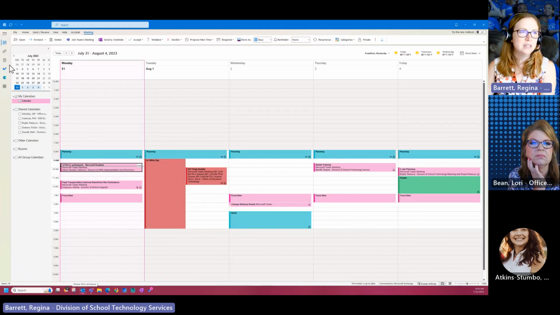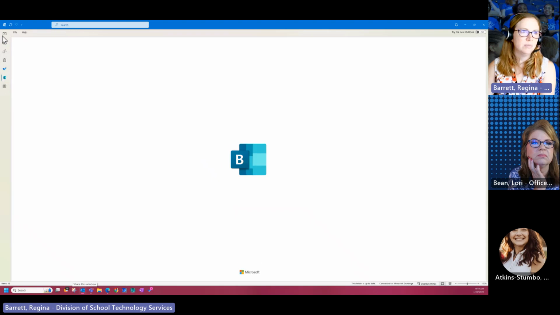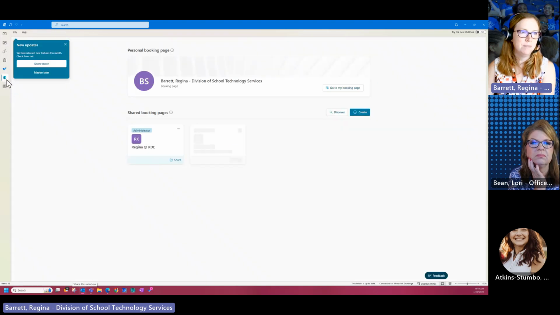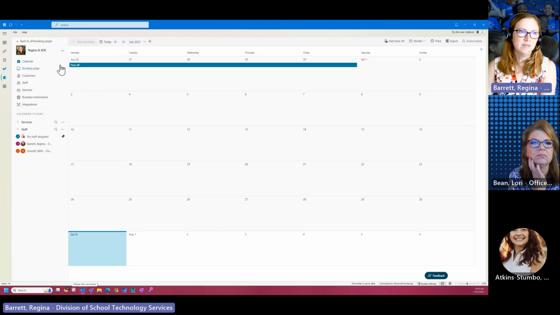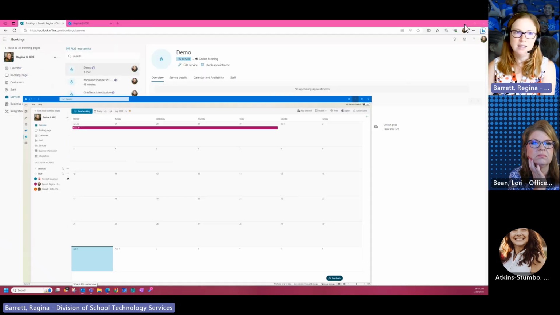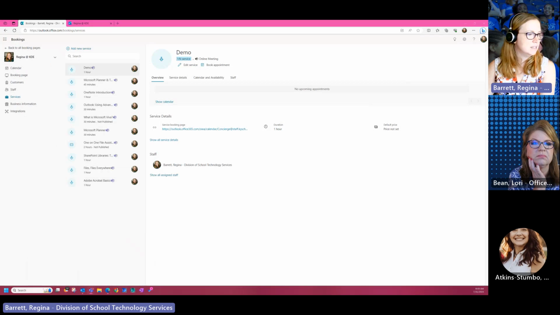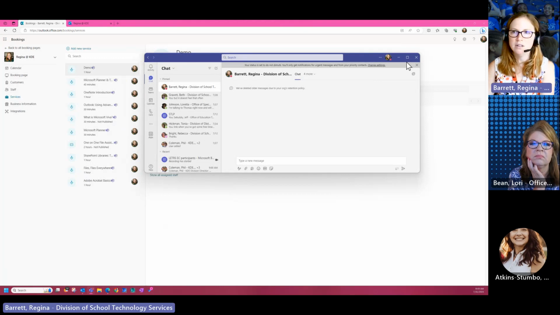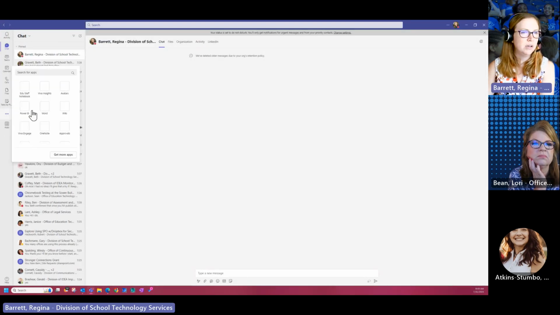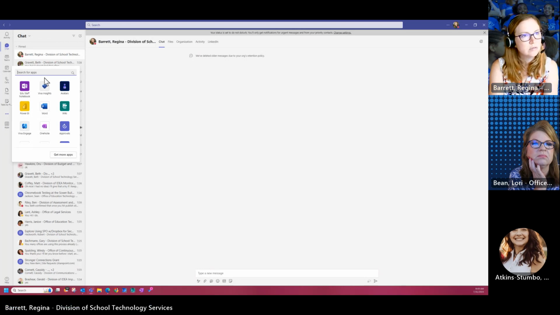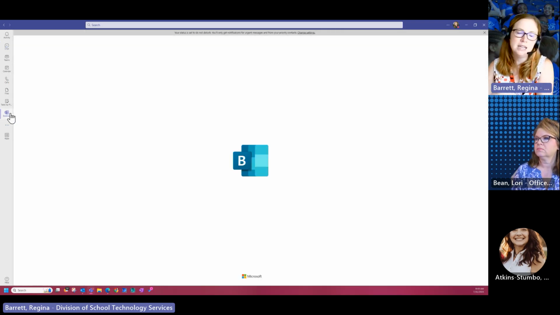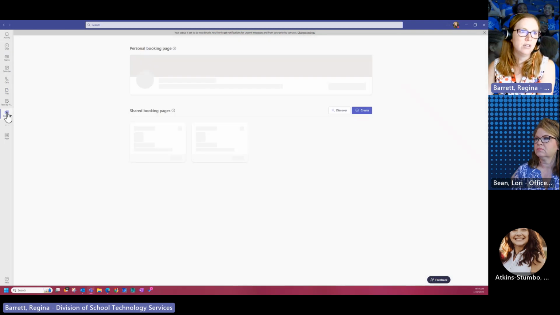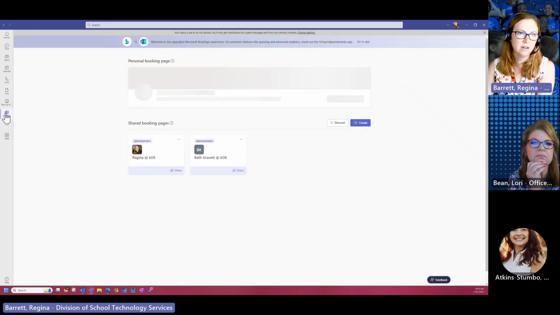You might be able to see your bookings calendar as a part of your Outlook. That way you're not having to constantly go to the browser to see it. I think you can also roll it into Teams as an app inside of Teams. You've got your apps down here on the left-hand side, and I think Bookings is one of those. Yeah, so you can add it here as well. If you prefer to work in Outlook or in Teams, if you want it to always stay here, you can right click and pin it so that it's always available.